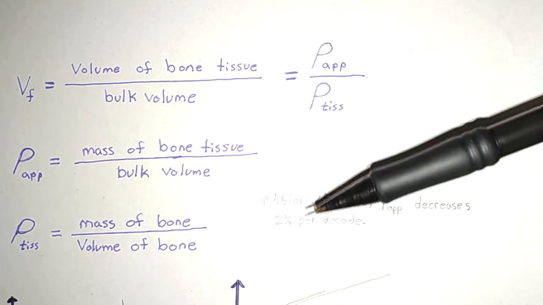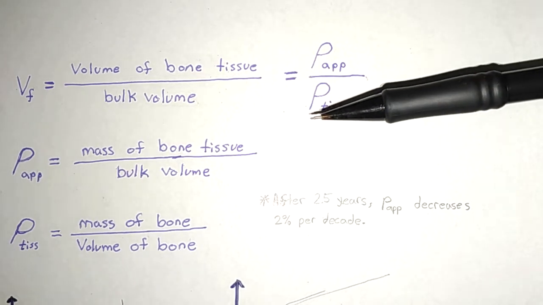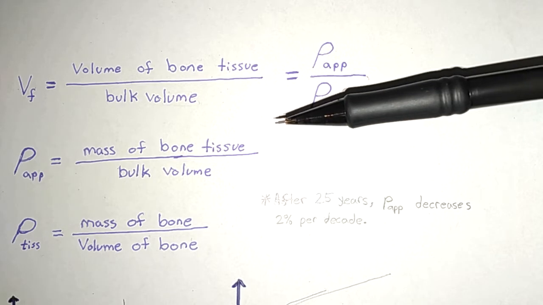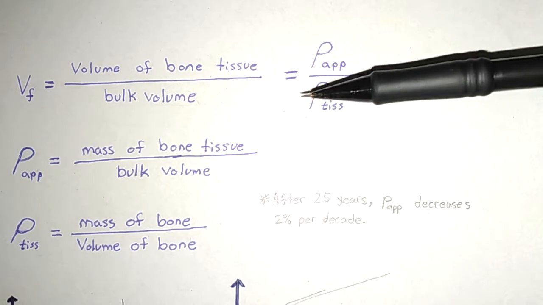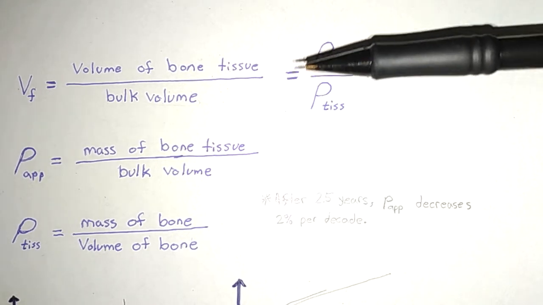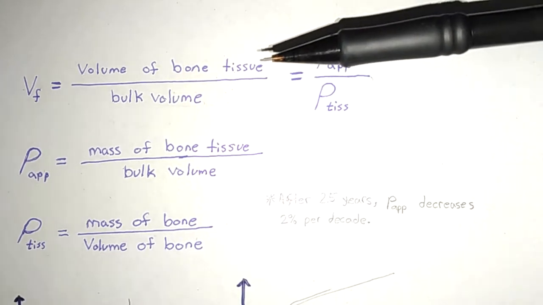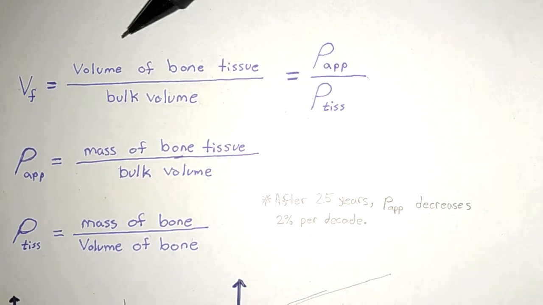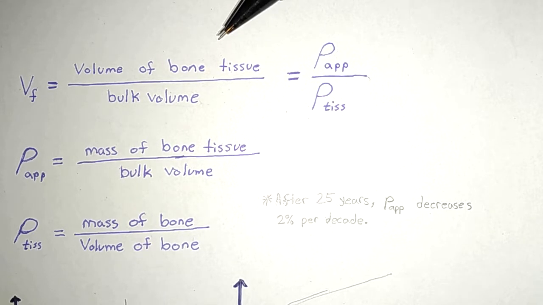So as we explained previously, a bone cylinder, let's say a femur, a long bone, is not 100% bone. It has a marrow in it, and the porous spongy bone has a lot of space within it, a lot of fluids and the like. So how would you calculate the actual amount of bone inside the bone, to see the actual strength of it? What we would do is take the volume of the bone tissue. In other words, it's like if we had a bone and then powdered it up and just measured the volume of just the tissue itself,